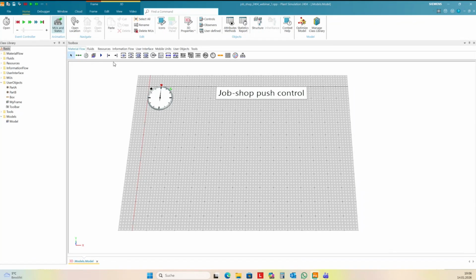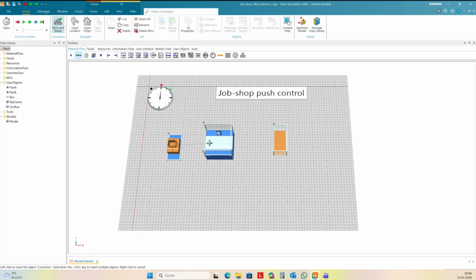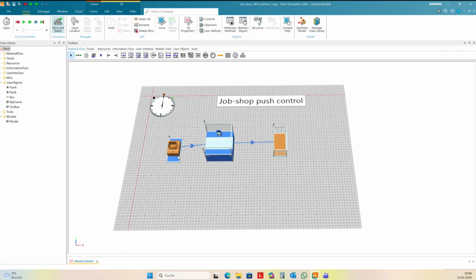Basically, the push control is the main control in plant simulation. If you create a basic example with a source and station and train and connect this with connectors, then the type of organization or type of control is push control. In the earliest moment, the source will move the part to its successor.